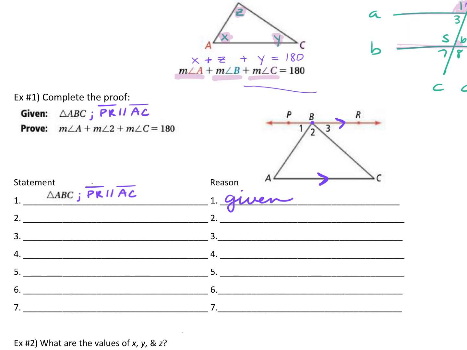Angle 1, 2, and 3 are supplementary. They add up to 180, right? 1, 2, and 3 will add up to 180. Is there anything else you see in this picture? They're congruent. A and C